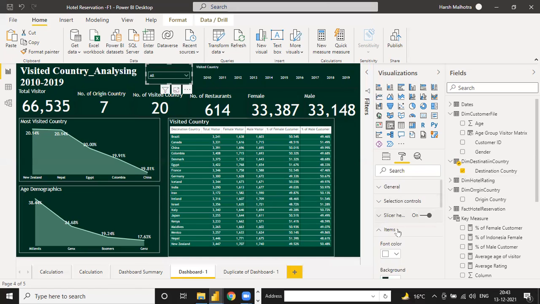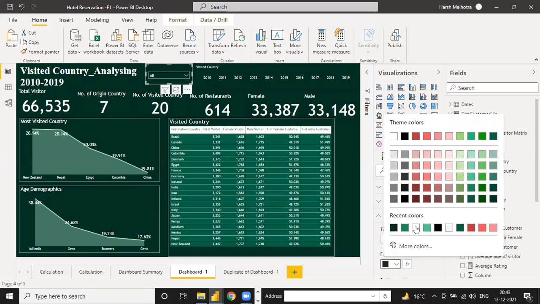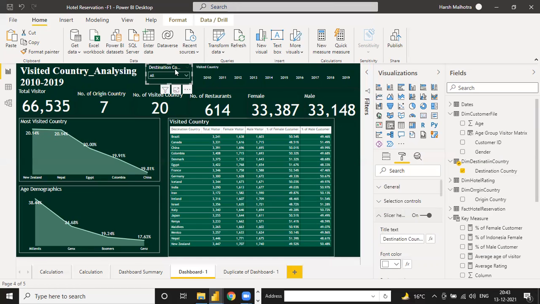Here you have the slicer header, just white, so it is a little bigger. Visited country. Now it's good.